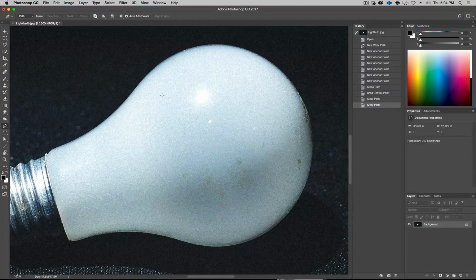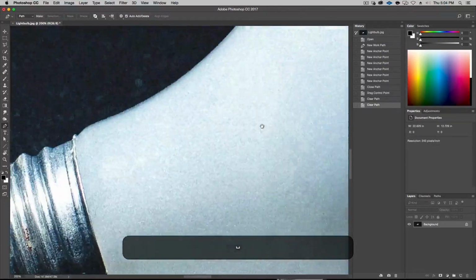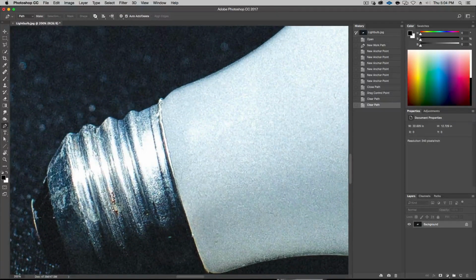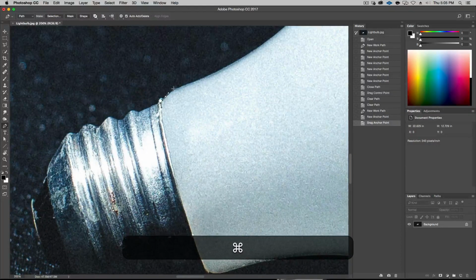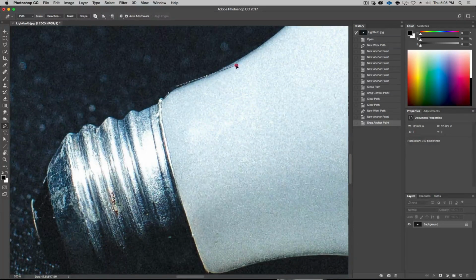So in outlining this light bulb, one thing that's kind of important is leave at least 1 full pixel out. I don't want to outline exactly on it. I want to take a little bit more so that you don't see any of the light bulb coming through. Okay, zoom in to about 200%. I usually like to start on an edge that's a little harsh, a little angular like this. So I do one here, small, click and drag right here, small. There you go. Problem is, I'm too close to the line. I want to be a little bit out. Okay, and same here.